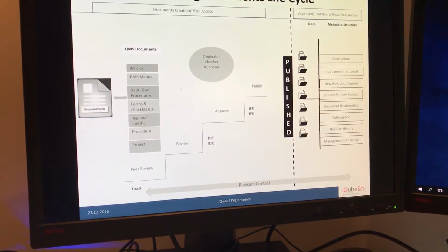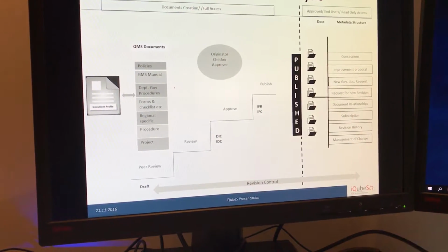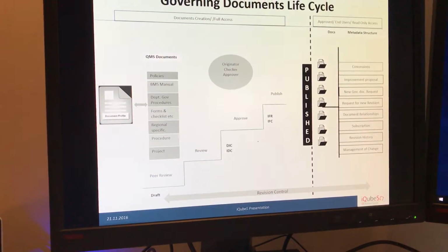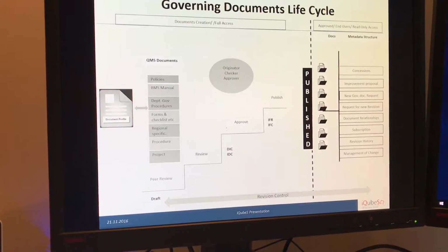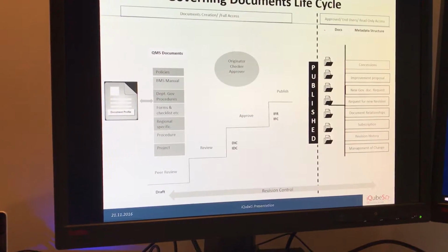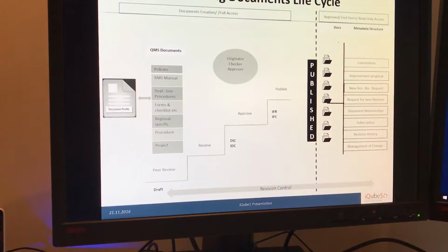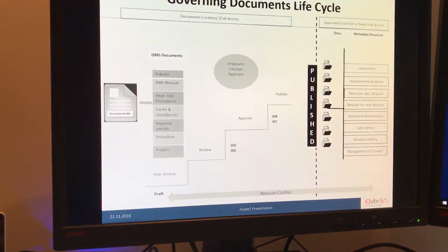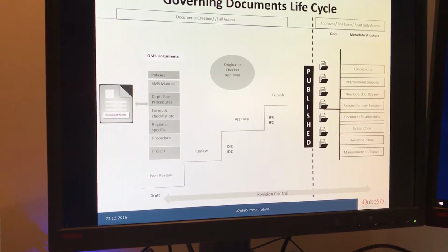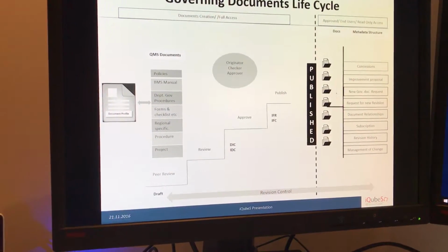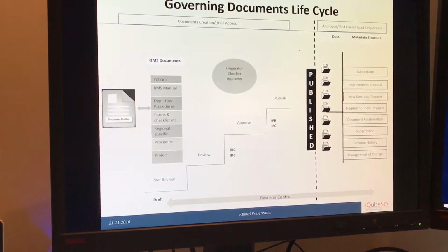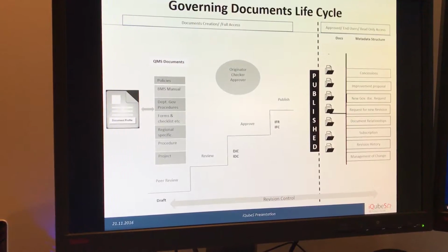So only the information management team, IT admin team, and governing document control team have access to this part of the documents, our source governing document library. This document library, which is called the published governing document library, beyond this dotted line, only end users have access to it. It's very important to note that only end user access, or read-only access, is provided on the documents which are published or approved. Our users have the option to publish either native, PDF, or in both formats in the published governing